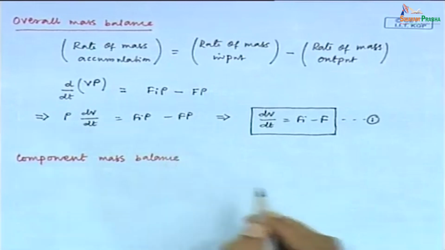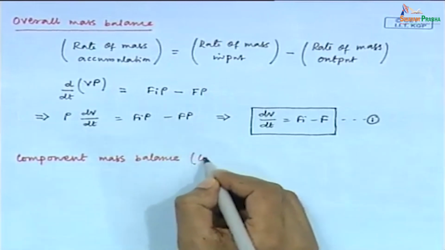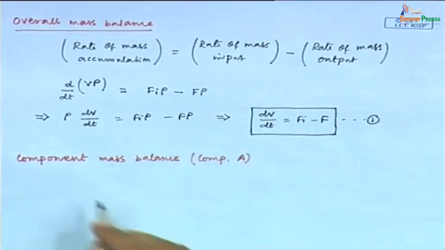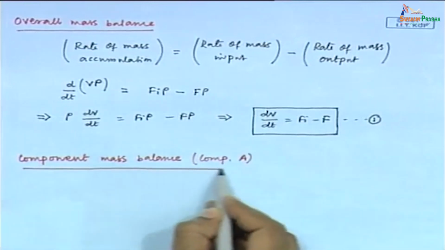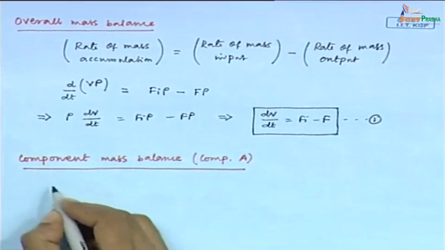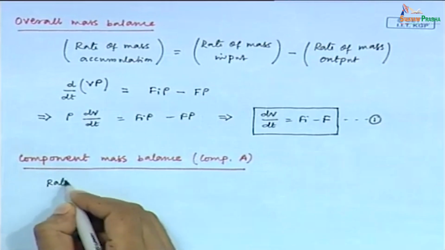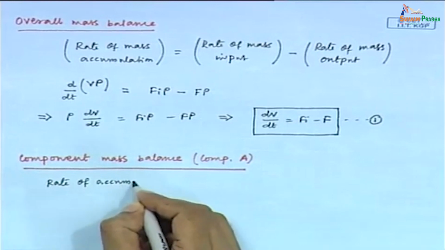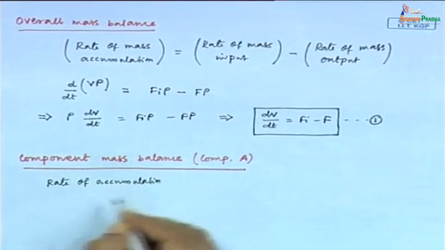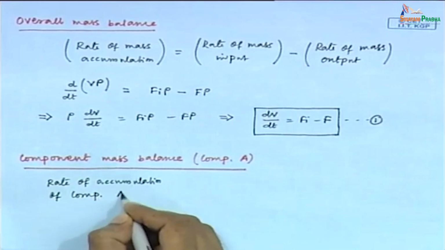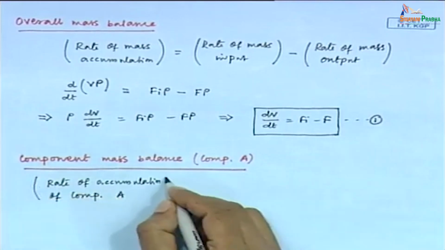Component mass balance, and the component is here component A. So, what is the conservation principle for this? Rate of accumulation of component A, this is the accumulation term,